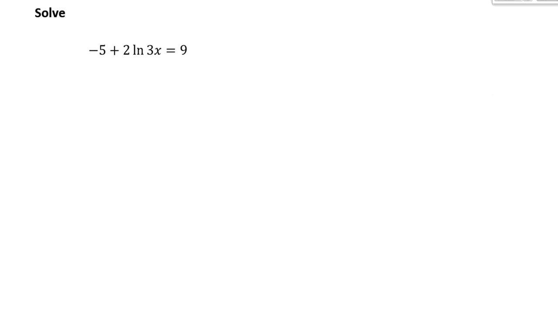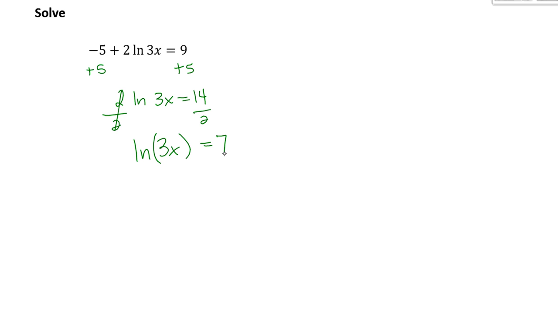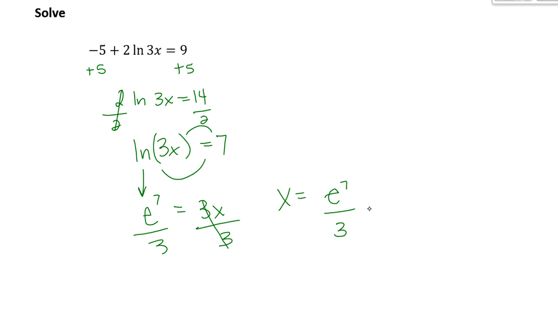Now this one, you notice that it's not by itself. It's got two things interrupting us. So we've got to add 5. Divide by 2. Get the ln of 3x. You can put in parentheses if you like. Equals 7. Now we're going to convert. Ln becomes e, and 7 is its power, equals 3x. Divide by 3. X equals e to the 7th over 3, which is about,